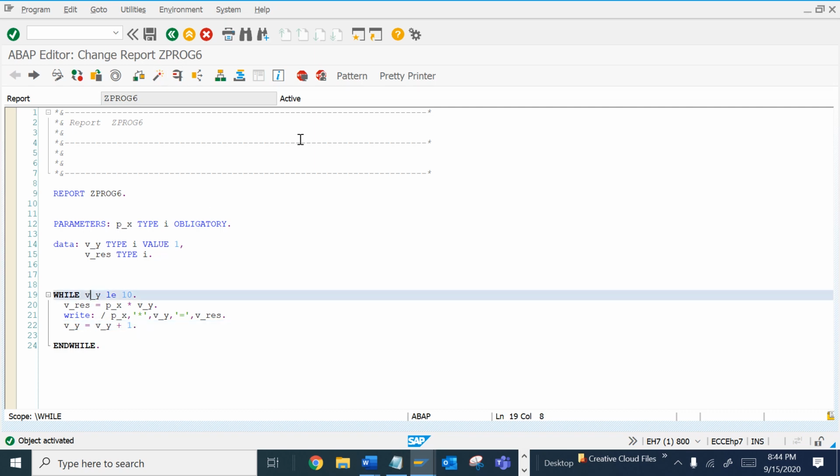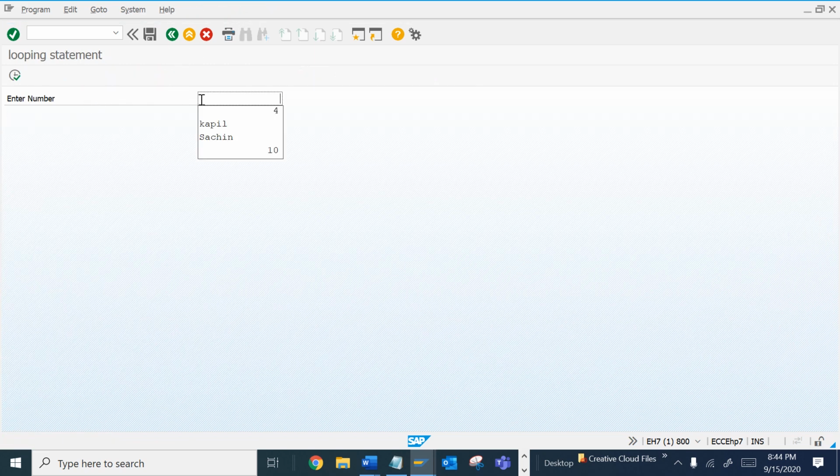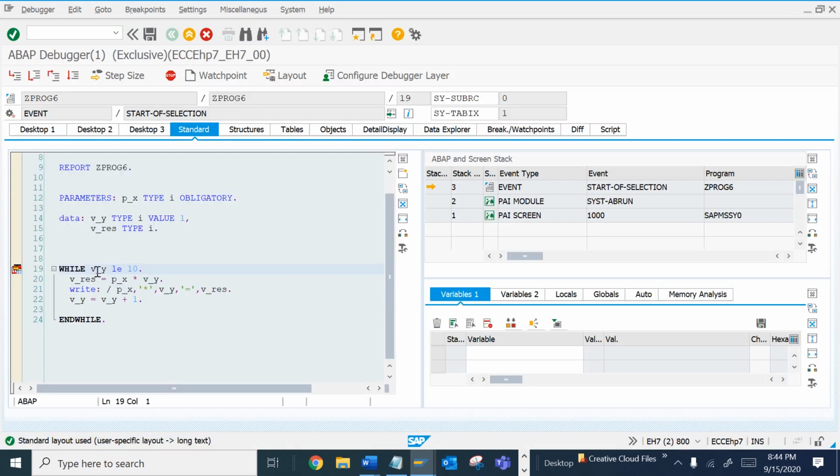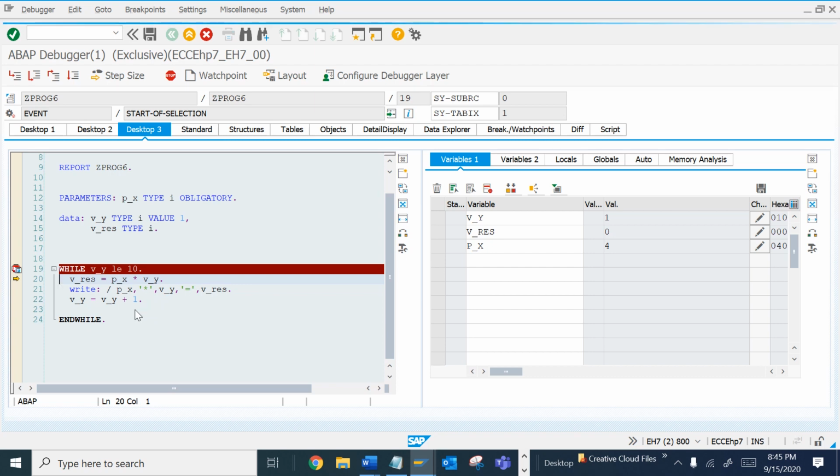So let me see my ABAP program flow with the debugging process. Let's take the multiplication table of 4. So I will see the result in my debugging. First variable, it is y, because we have made its default value 1, and then our input variable is 4. So let's do this. It will be executed 10 times.